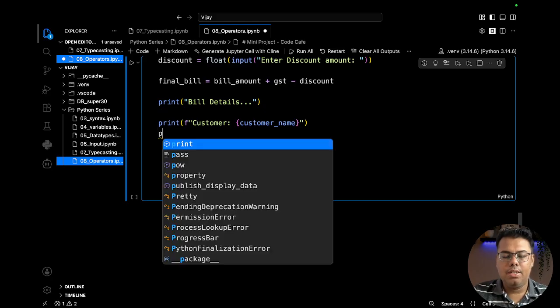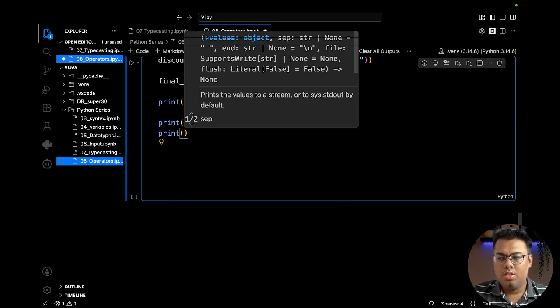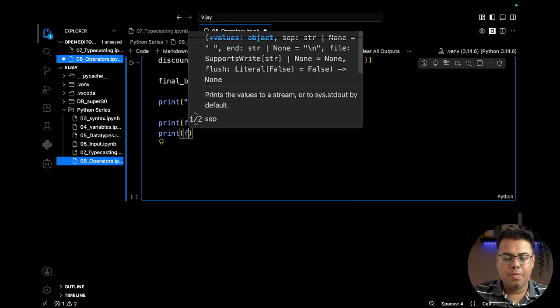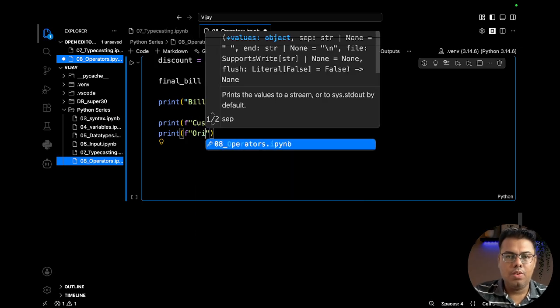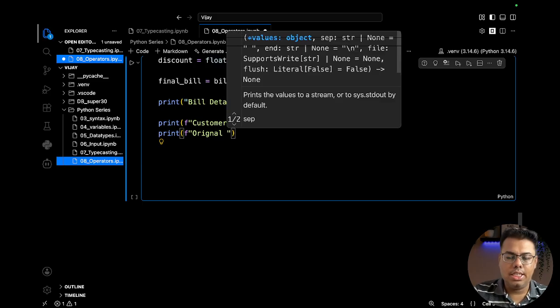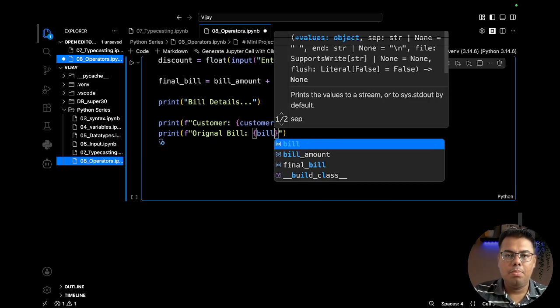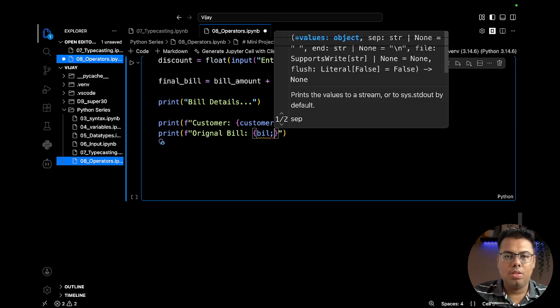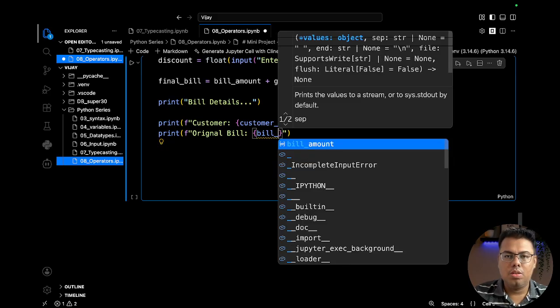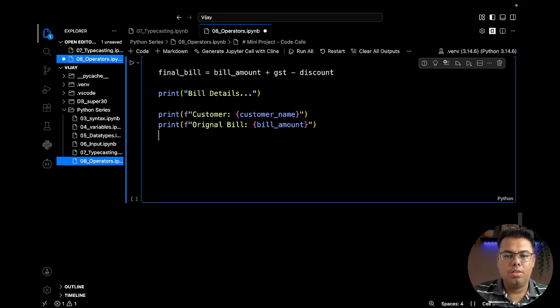Then we will be taking print whatever is the original bill without any discount or any GST that we will get from the bill amount. Okay, now we will be taking